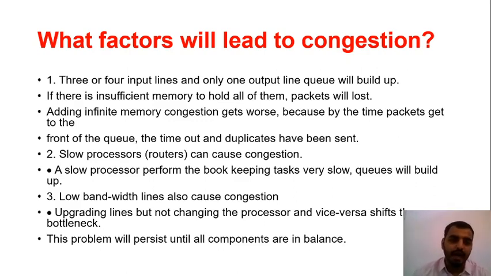This will be delayed. After the first packet, the second packet will be done, after the second, the third will be done. If it is overloaded, it will do the first, then it will go for the 4th, then the 6th, then the 7th, and later on it will come to 2 and 3, then 4 and 5. So in this way things will happen. This may lead to losing of packets, or this may lead to duplication of packets.